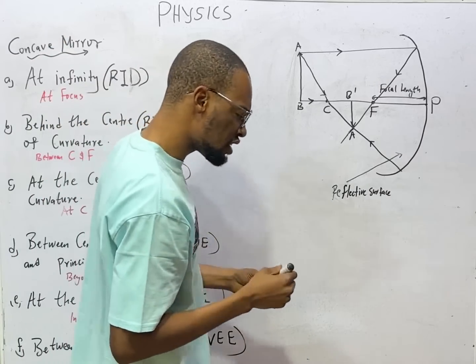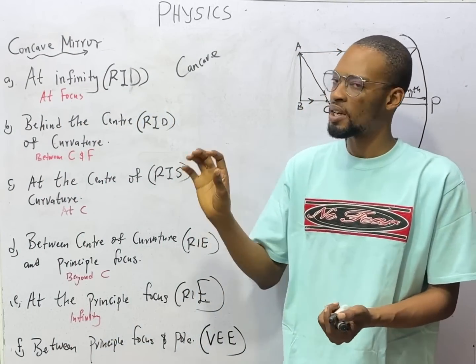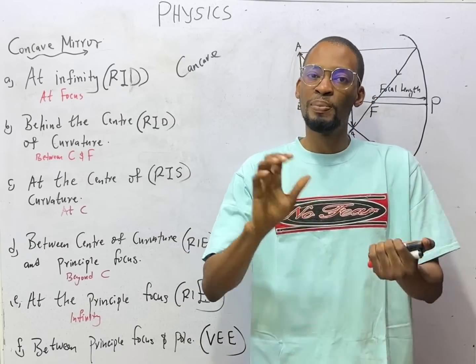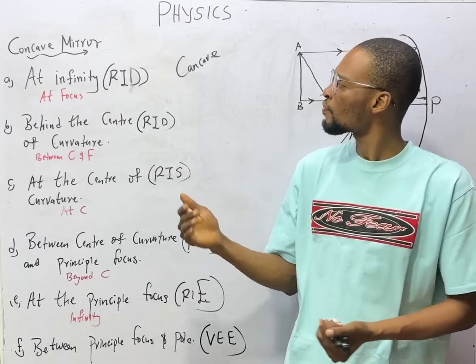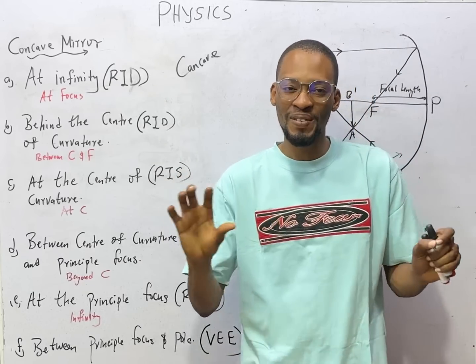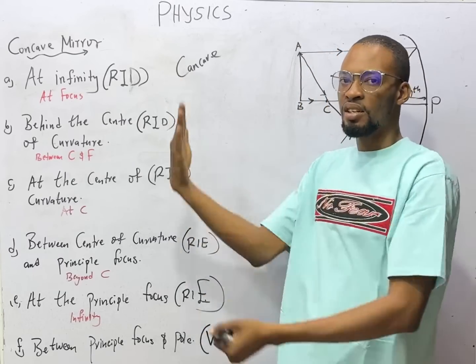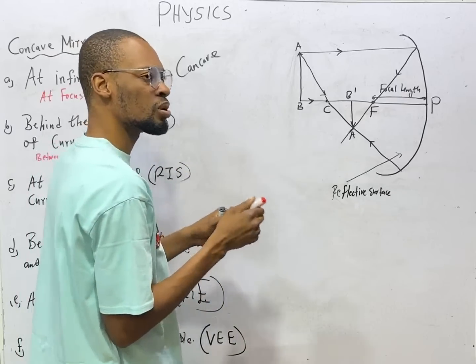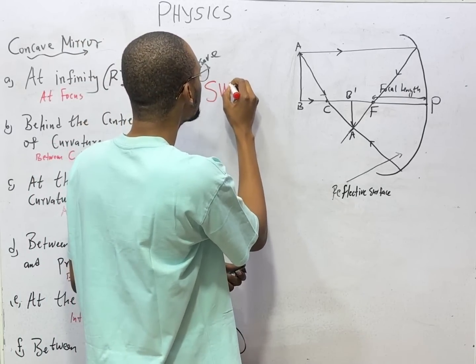Now, if there is no convergence, the image formed is referred to as a virtual image. And I explained that mirrors can be plane or they can be curved or spherical. Plane mirrors are the mirrors we use at home. They are flat surfaces. And the images formed by plane mirrors, the shortcut is SUVI,